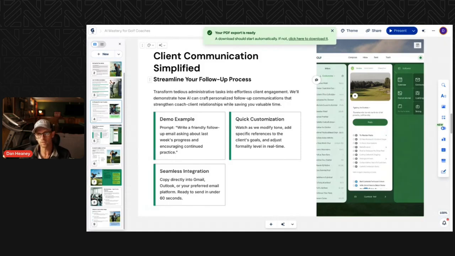You can use AI to facilitate that experience so much faster, because it can write the initial draft and then you just have to edit it and send it off to them. Hey, based on our lesson today, this is what we talked about. These are the things that we're going to focus on. This is how often you need to practice, and so on and so forth. Now, still add your touch, your expertise to that, but it's going to speed up that workflow immensely.